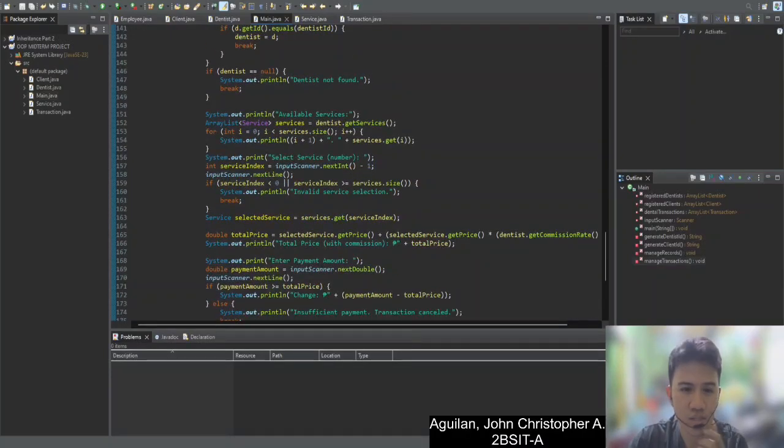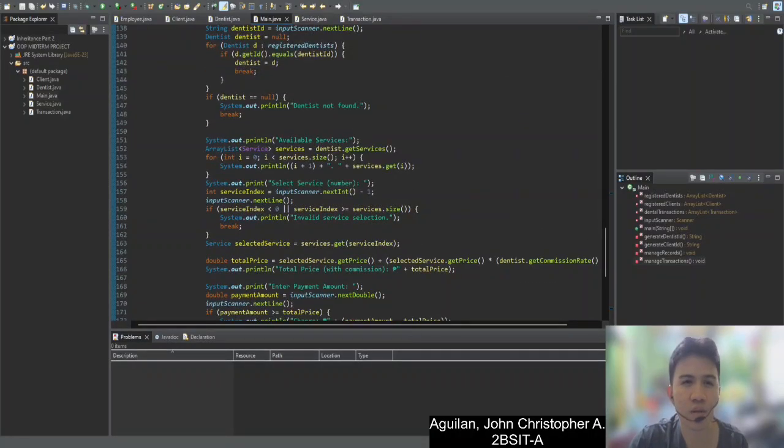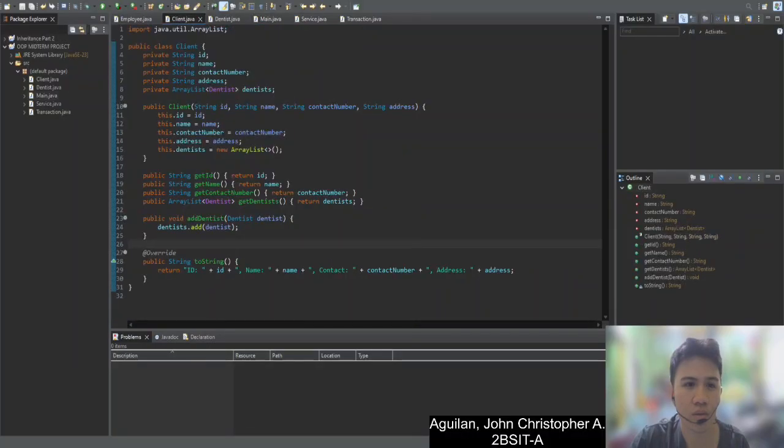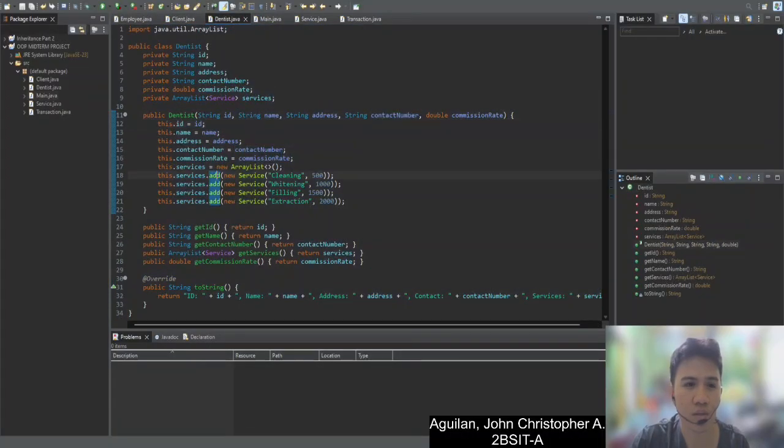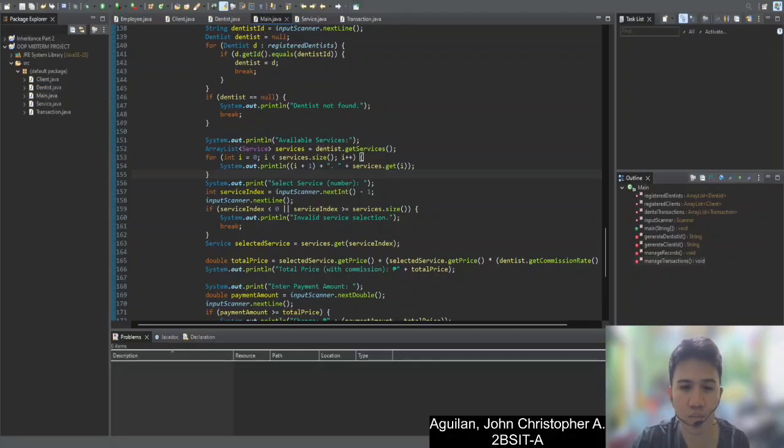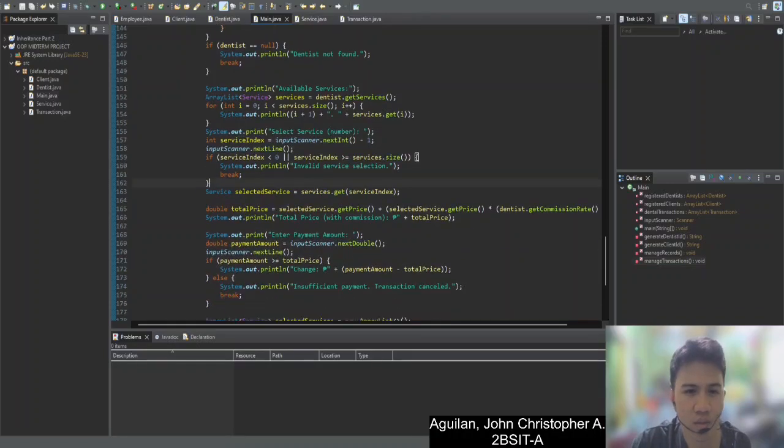Available services. The program retrieves and displays the list of services offered by the selected dentist, and the user is asked to choose a service by a number. Since hindi naman ako mag-explain ng service, may cleaning, whitening, filling, and extraction. Dyan siya mamimili si user. And sa pagkuha ng index,